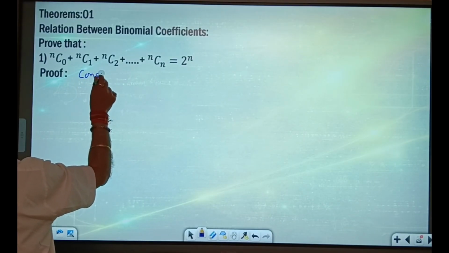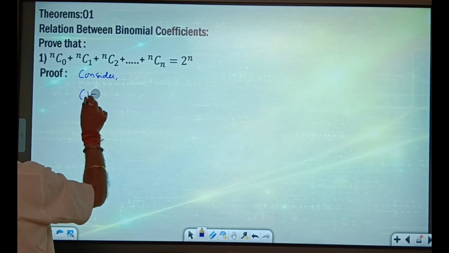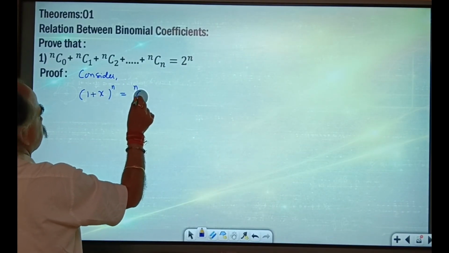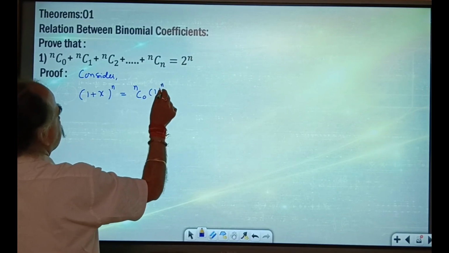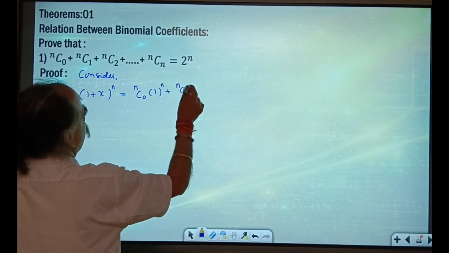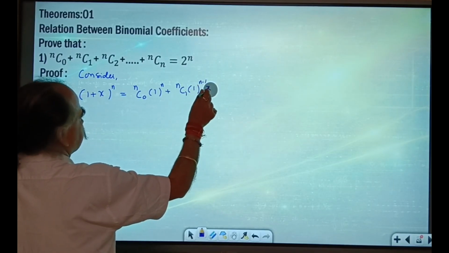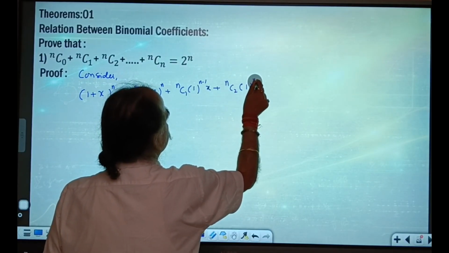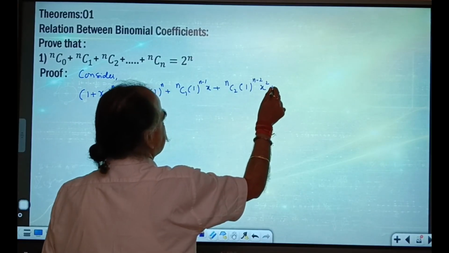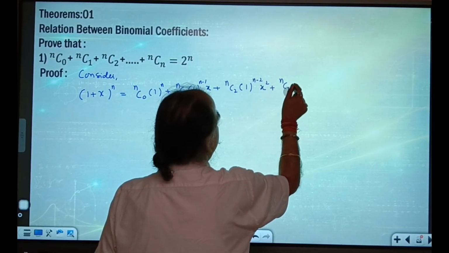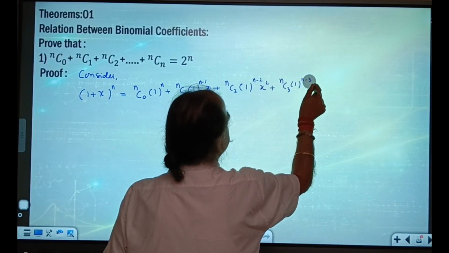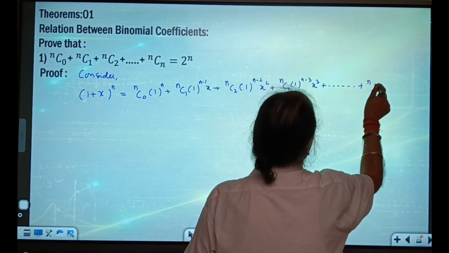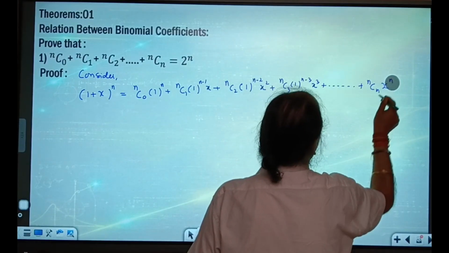Consider (1 plus x) raised to n. By the binomial theorem, it is nC0 1 raised to n plus nC1 1 raised to n minus 1 x plus nC2 1 raised to n minus 2 x square plus nC3 1 raised to n minus 3 x cube plus so on, nCn x raised to n,